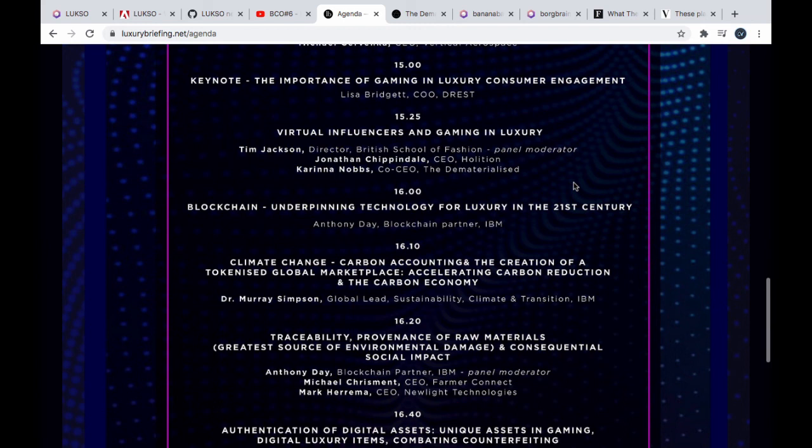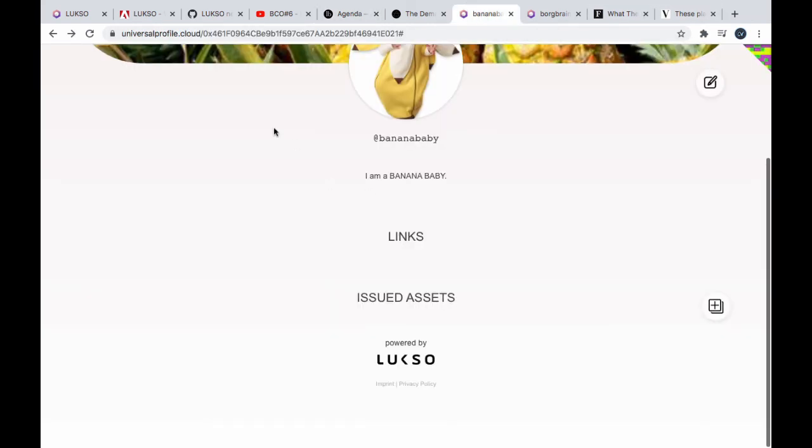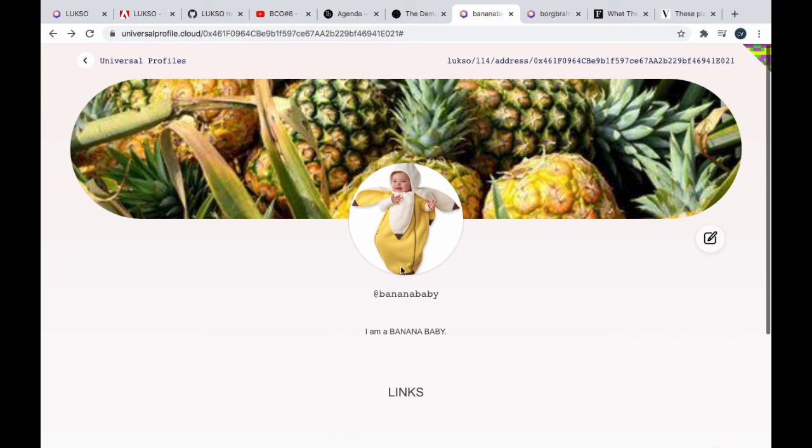On the surface, what's new is that through the blockchain, through these universal profiles, you're going to be able to buy and sell a pair of Nike shoes that are digital. But this is not limited to just one video game. You're not stuck thinking, oh, Fortnite's cool right now, and then in a year or two no one cares about Fortnite anymore, and your skins for those digital shoes only exist in that game.